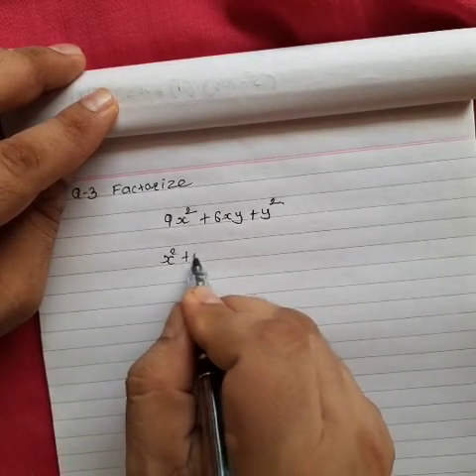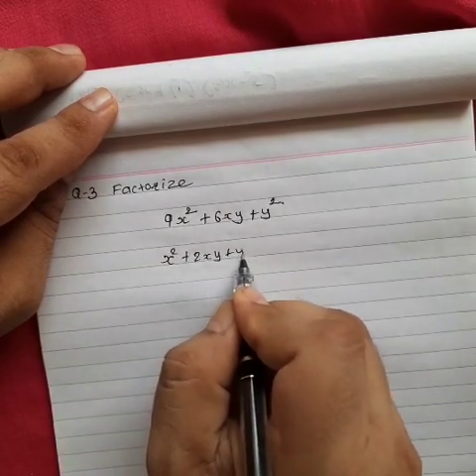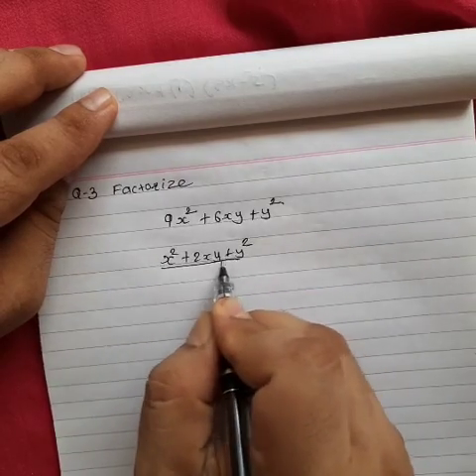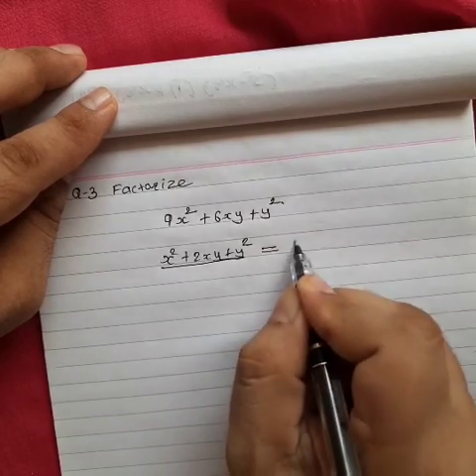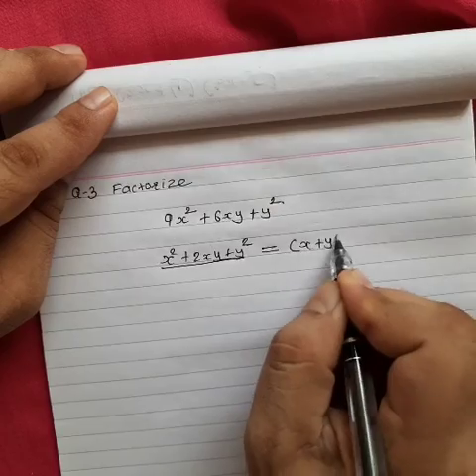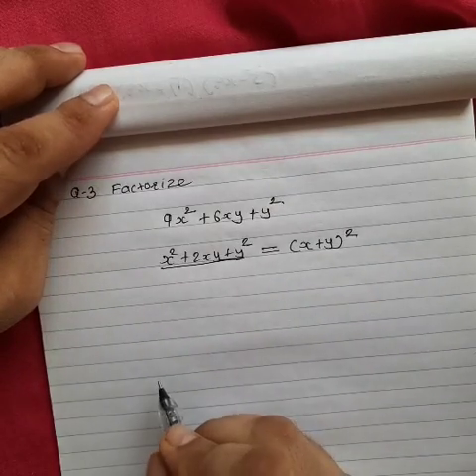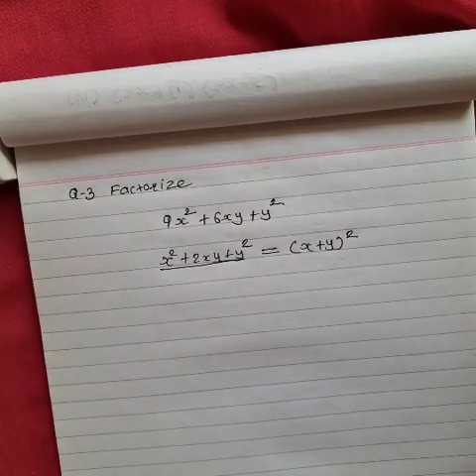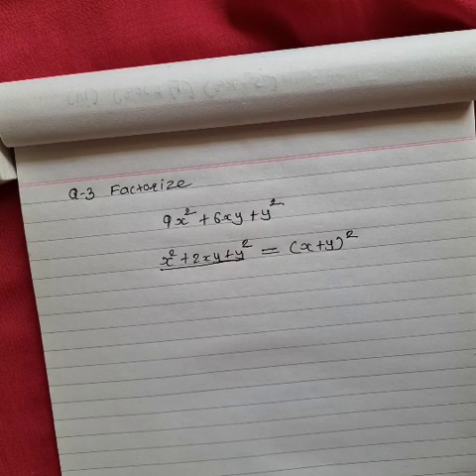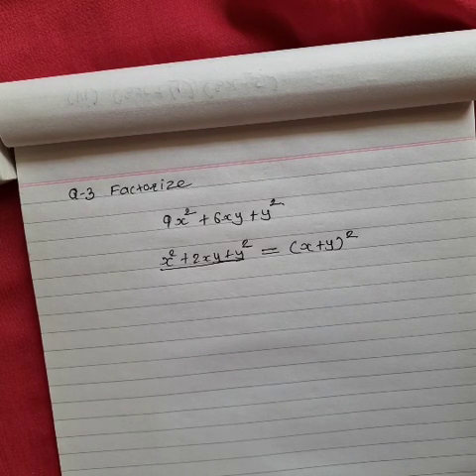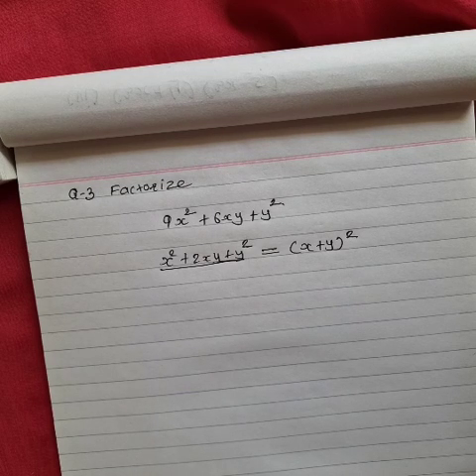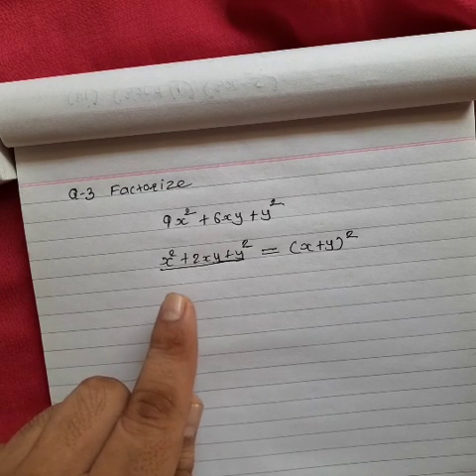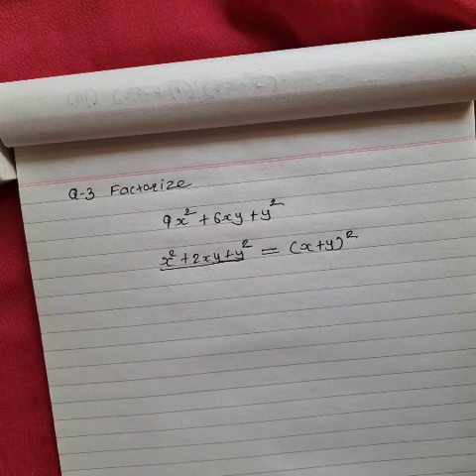An x square plus 2xy plus y square type of polynomial is provided, and you have to convert it into x plus y whole square. So you have to convert the expanded form into the factorized form. So you have to follow the reverse of the identity which we had studied. X square plus 2xy plus y square, that is, the expanded form is provided. You have to factorize it.